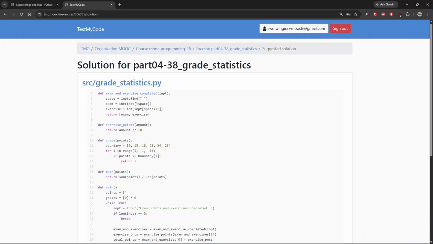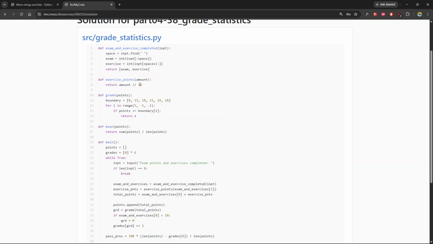the exam point. So basically, from the beginning up to the first space, set that equal to an input, and then from that, for everything else, set that also equal to an input and store it into this exercise variable, and then return this list of exam and exercises. Then here they did the same thing that we did to calculate the exercise points. They did practically the same thing for calculating the grade, but we used this when we were printing the grade distribution, but they also used it to calculate what the grades are, and they set up this list of boundaries to basically return what the